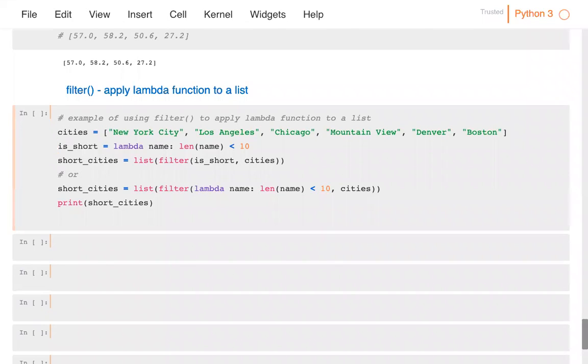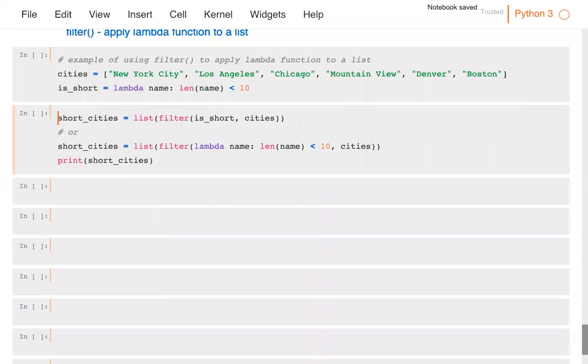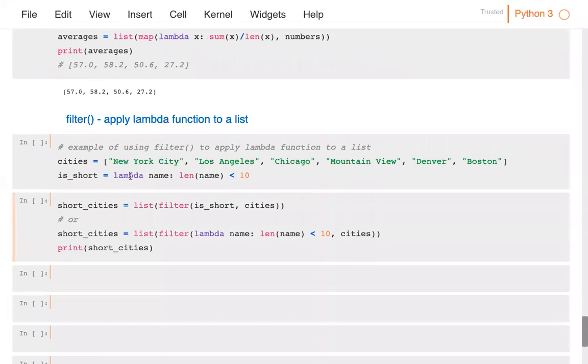is just a list of cities, and is_short equal to lambda name, length of name. So just try to focus on the kind of structure it has. You just give the name, then you just give whatever this is. This can be anything. This is as simple as for i in names, right? So that i part can be anything. Similarly here, this name can be i as well, right? This is a kind of user defined name, or basically what you are defining, like a temporary name, you can call it. Okay,